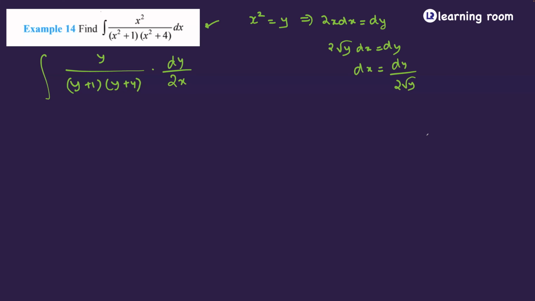So can I use that? Did you understand? So it is going to be 2 times root y. So this can be written as root y divided by y plus 1 into y plus 4 times dy, but